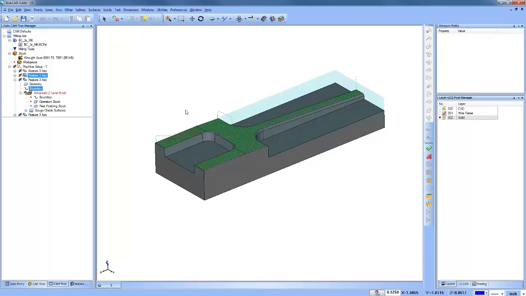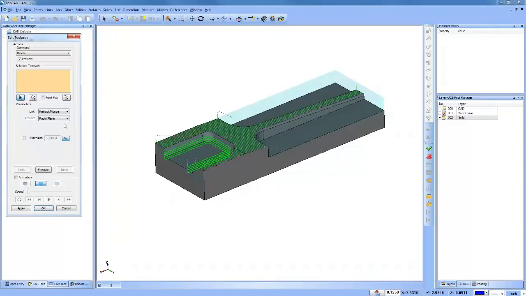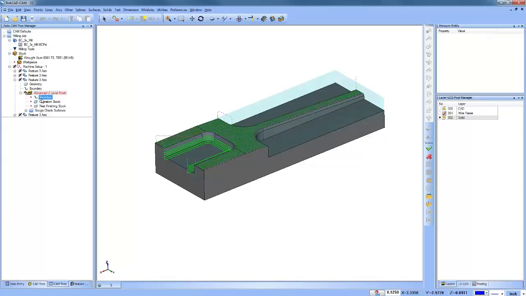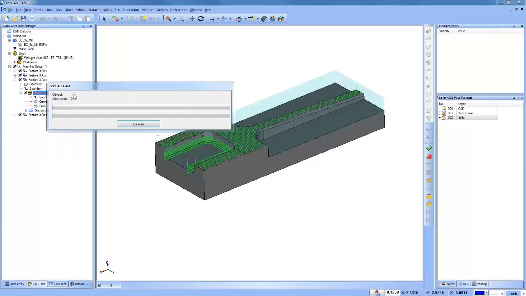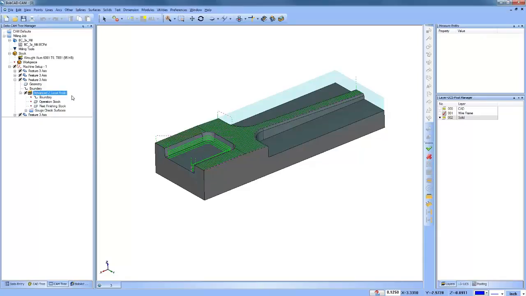Jerry had a question: if you regenerate it, will it keep the edits? If it's locked, you can't regenerate. If you come in and edit the toolpath, you can continue to edit the toolpath, okay? If you want to recompute the toolpath, you have to unlock it. When you unlock it, if you recompute the toolpath, it's going to go back to the default without the edits,